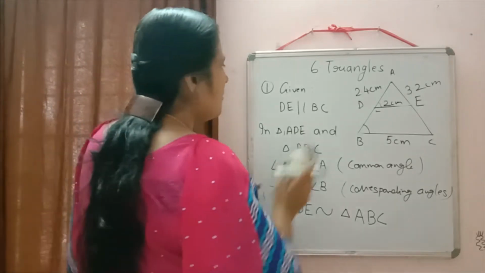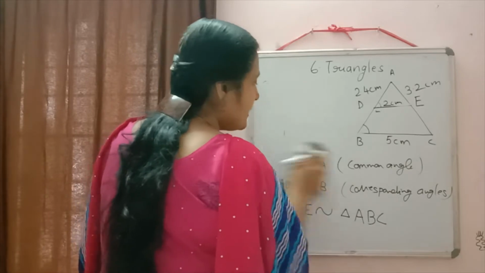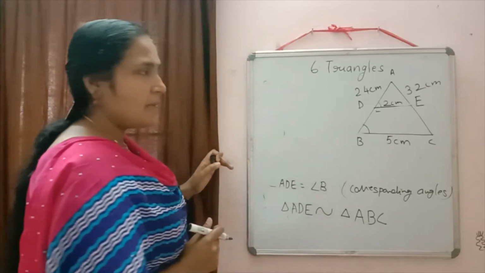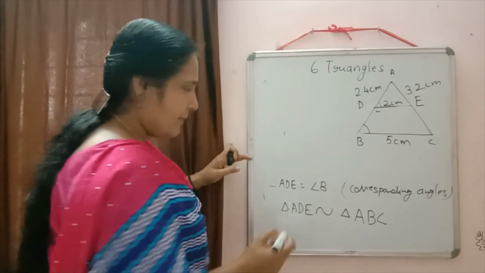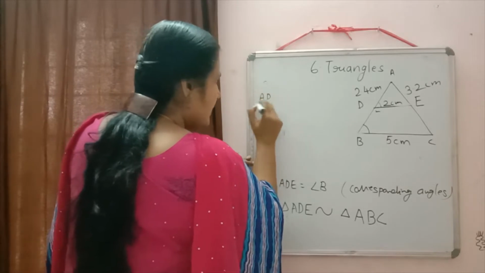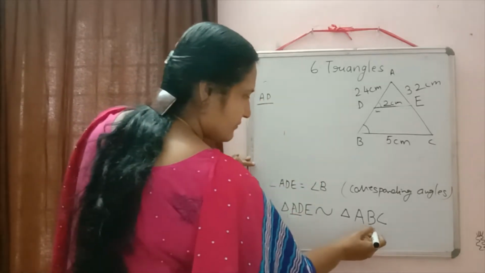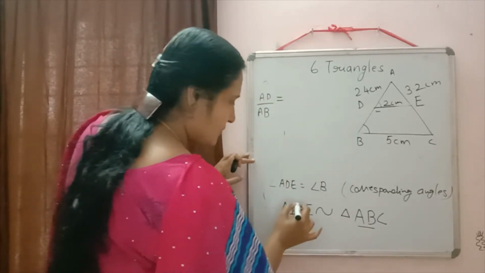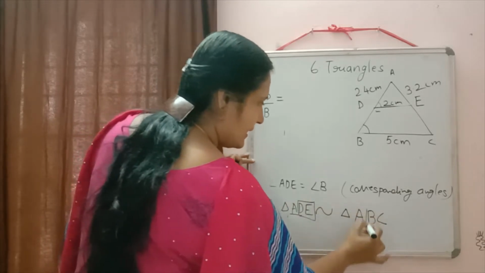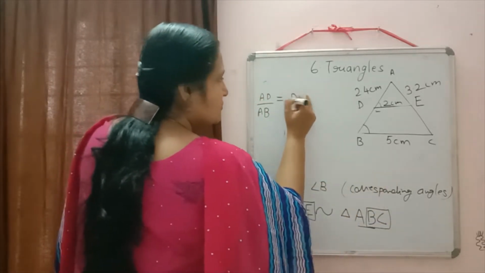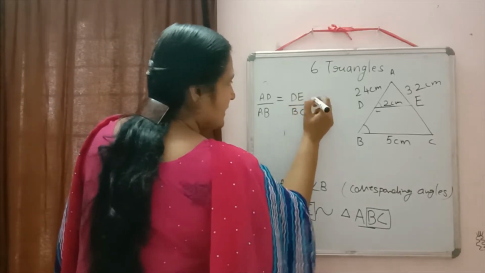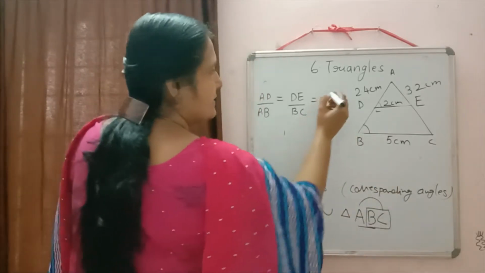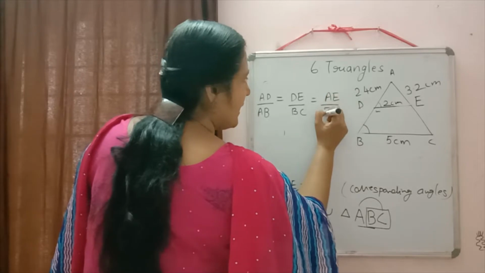Now again what we will do? We'll write down the ratio. After that, which one we need in the proof, that only you have to take. So if two triangles are similar, corresponding sides will be in the same ratio. So I am writing the ratio now. We are getting AD by the first side, here the first side is AB. So we are getting AD by AB is equal to, next side we have here DE, and here we have second side as BC. So it will be equal to DE by BC is equal to the third one, that is AE, and here we have AC. So it will come as equal to AE by EC.